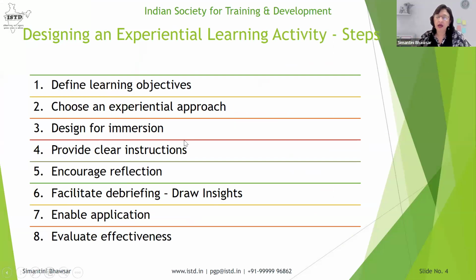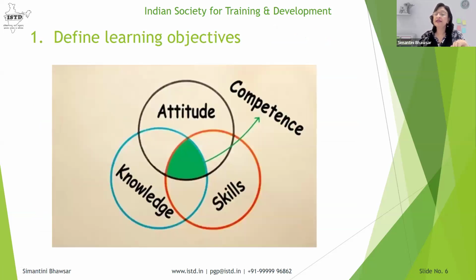But after you decide on the objectives, we are going to decide on the activity. Which activity are you going to choose? And therefore, one small thing that I would like you to think about: whether your learning objectives are knowledge, skill, or attitude? KSA. Because we're going to link this up with an activity.